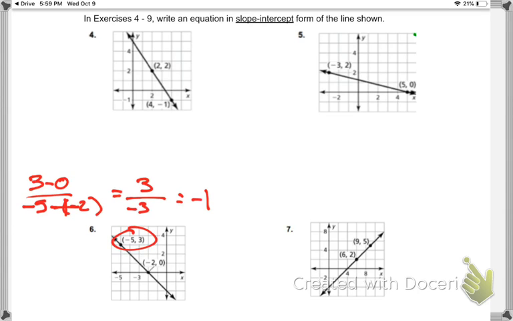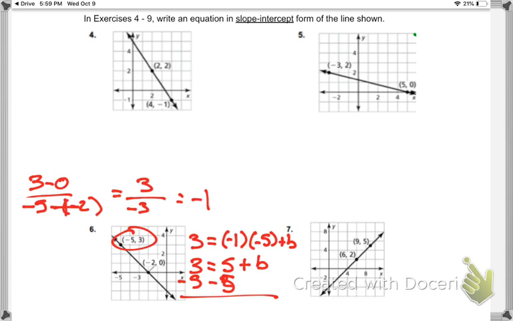So we're going to take negative 5, 3, which means we're left with 3 equals negative 1 times negative 5 plus b, which simplifies down to 3 equals 5 plus b. I'm going to make sure I subtract 5 on both sides, minus 5. There's where my 2 comes in. Negative 2 equals b,